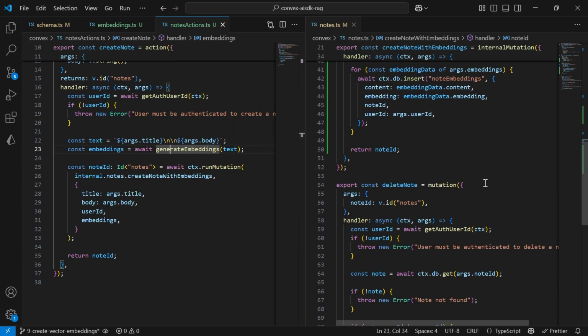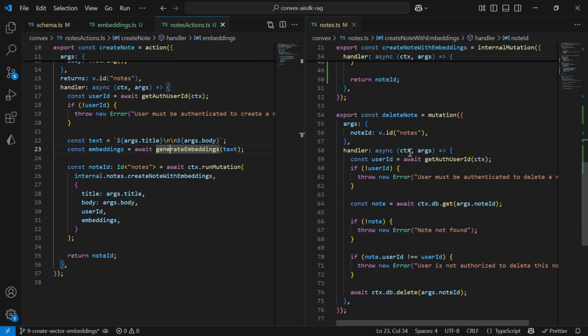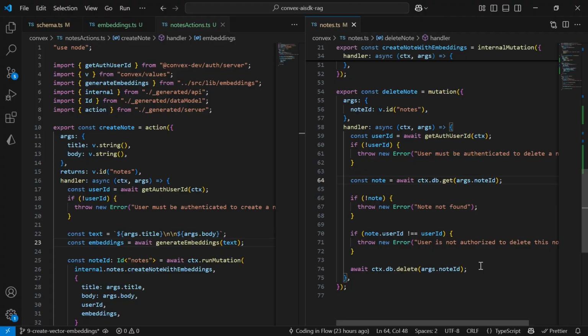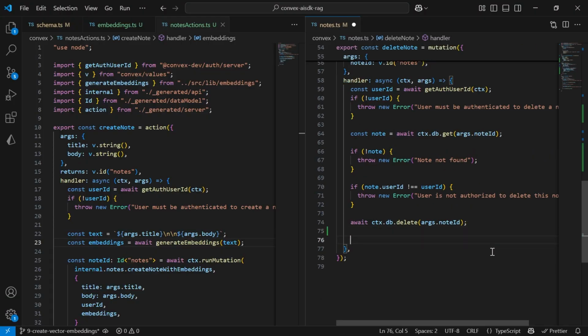Now let's also take care of the delete node function, because when we delete a node, we also want to delete all the vector embeddings, right? And we can leave this a regular mutation. This doesn't have to be an action because here we don't call the OpenAI API. We only delete something from our own database. So here at the bottom, after we deleted the node itself, we need to fetch all the embeddings and